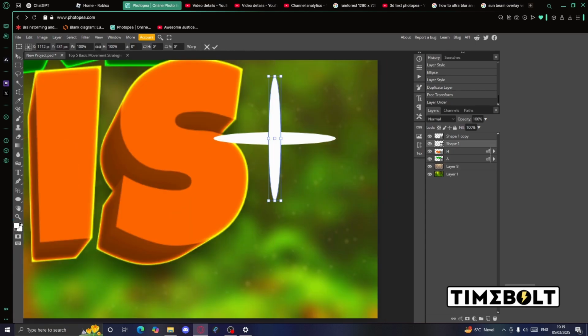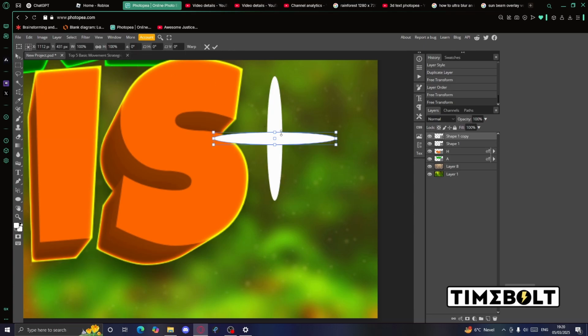So personally, I think I want this to be a bit wider, so I'll just select it and then press this, and then literally just press the outer bar to go into this mode, I guess. And then make sure to press this little button to unlink these, so then you can just play around with the width and height individually. So I want this to be a bit wider, so I'll change it to like 125% on this one, then press the check mark, and then do the same thing here.